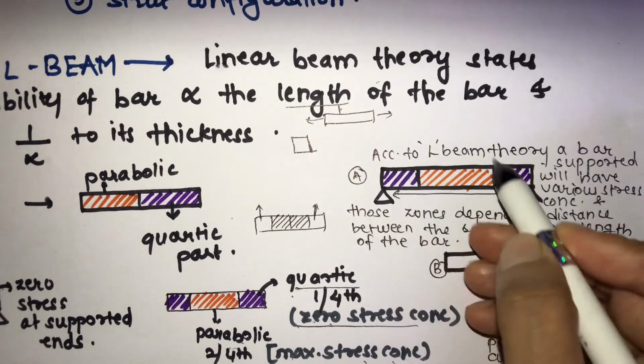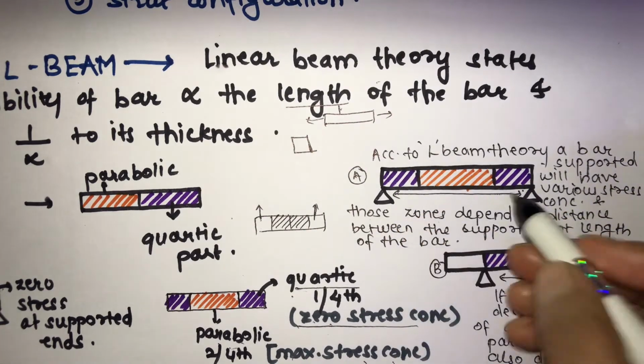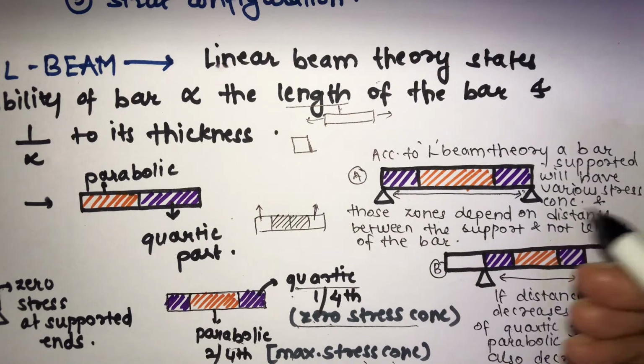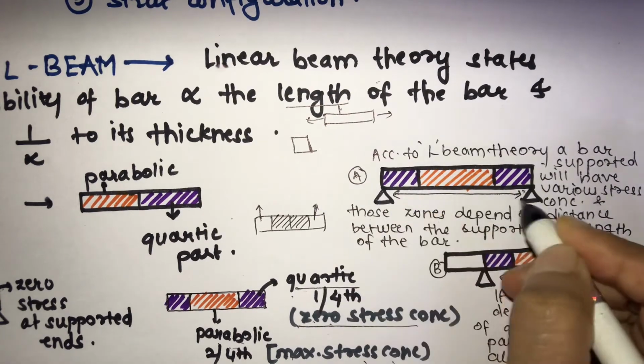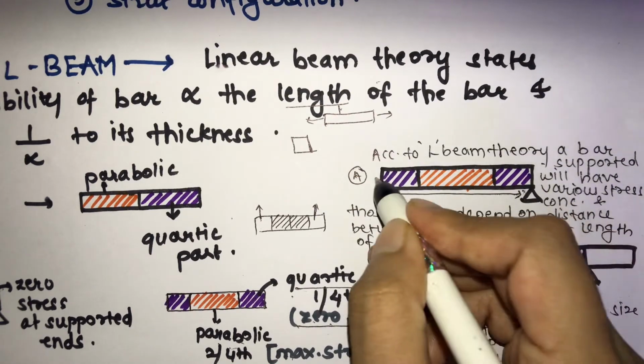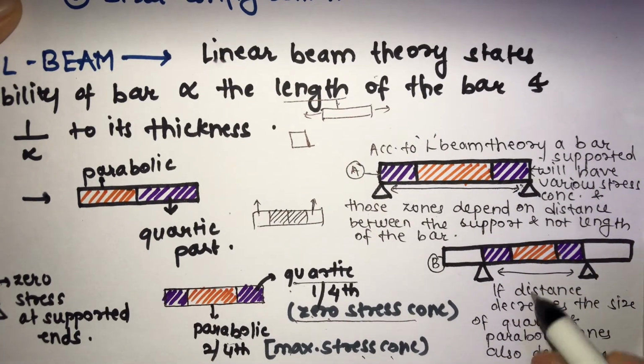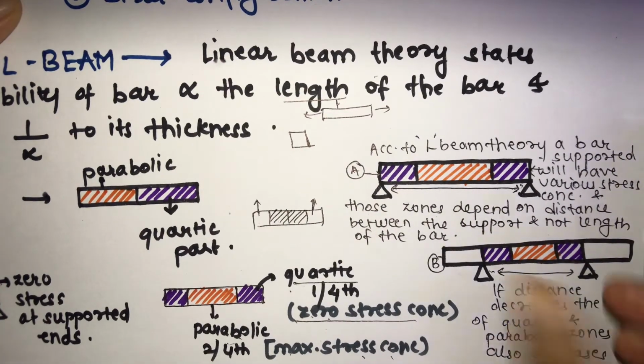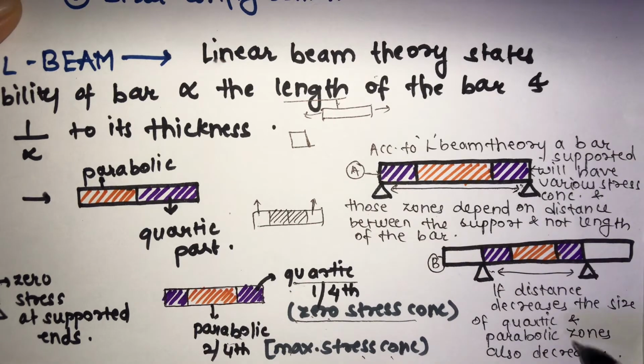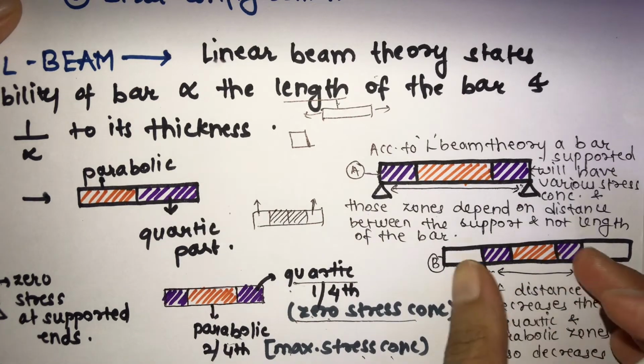So according to this beam principle, the stress concentration depends upon the distance between these two ends and not on the length of the bar. Now, if the distance between the two ends is reduced, then the size of the quartic and the parabolic zones are also reduced. So over here, as you can see, when we are reducing the distance between the two ends, the size of